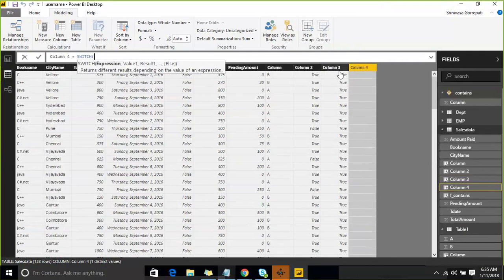Here you can write an expression which is going to return a value. So here, what expression can we write? So I can get